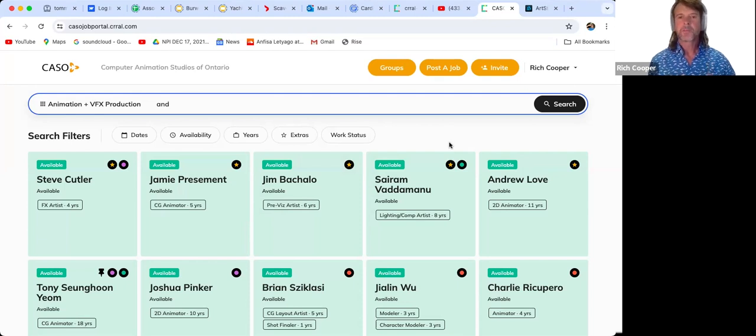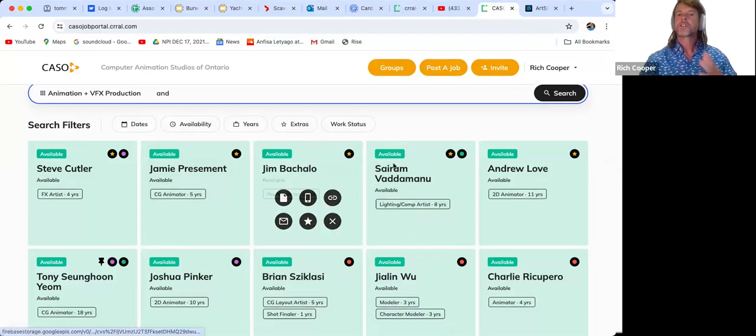Invite people to the system. I promise they will join. Do not underestimate your power as someone who awards jobs. That's an incredible power. People will do what you ask. And then you've got all of the people on the system, this incredible searchable system, and you can just throw your old list away.